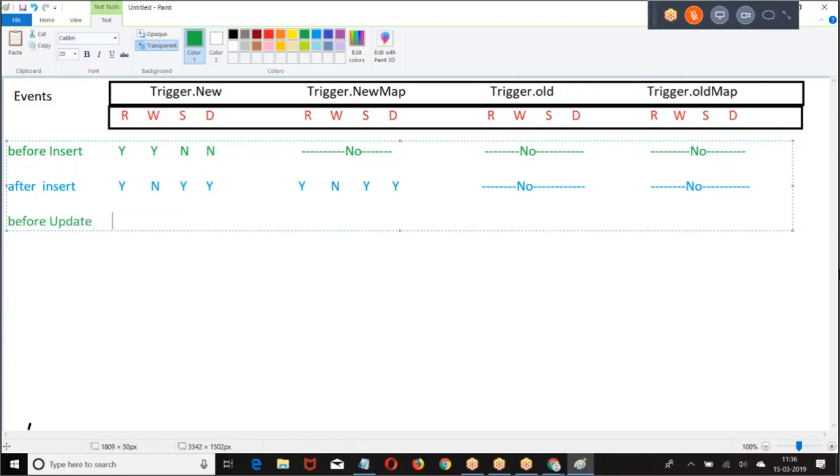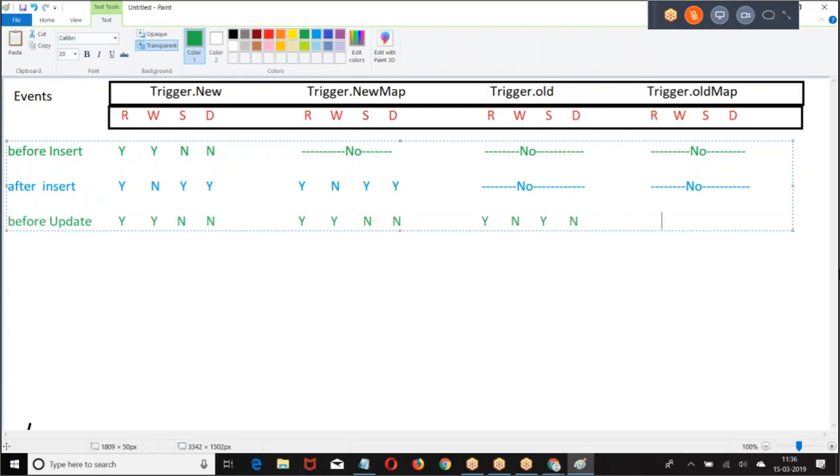Before update. If you take before update, we have Trigger.new. If it is before, read. Trigger.old, read. It is old data. You can write a SOQL query to get it.